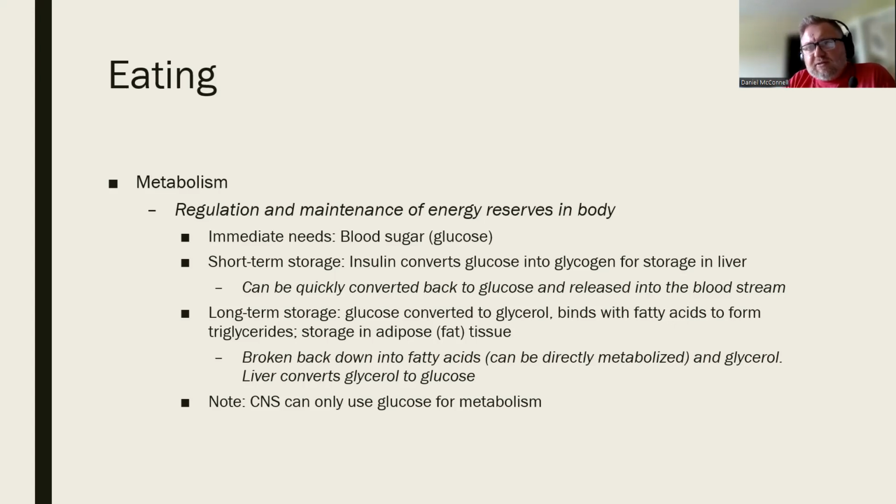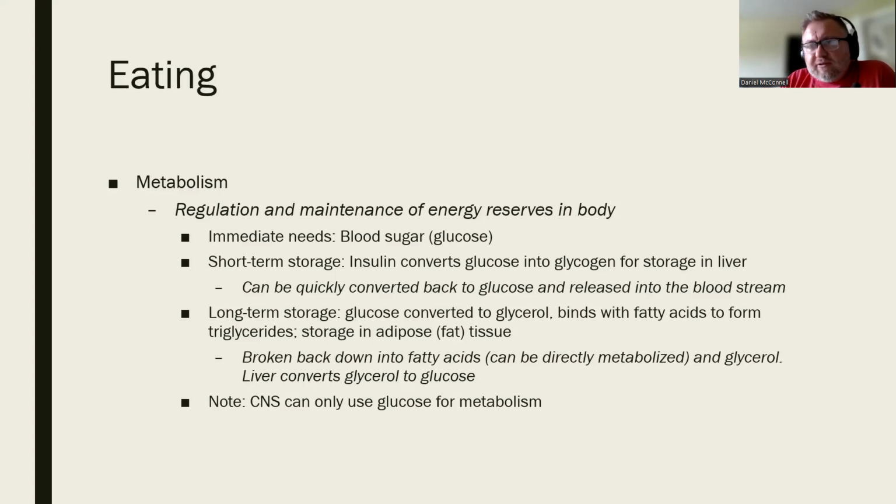I might take off running down the street, and then I use up all of my glucose in my bloodstream. How do I replenish it? Well, I could eat, of course, but that takes sometimes minutes to hours to restore blood glucose levels. And that can lead to an extended period of hypoglycemia if I have to wait for eating to occur and then digestion to occur to get everything back to the normal state. So what I have to do here is I have to have a short-term storage so that I can replenish the blood glucose as needed.